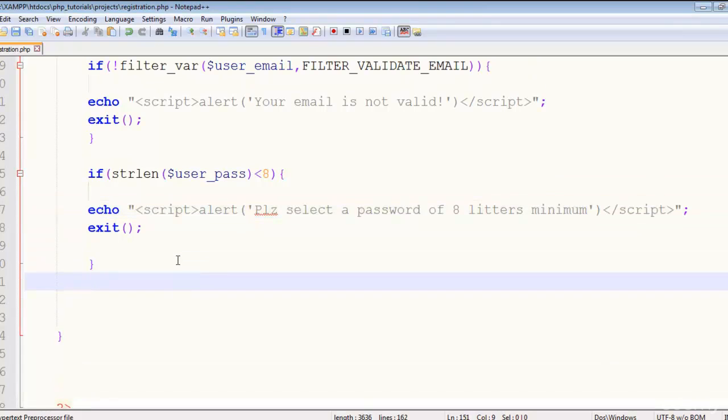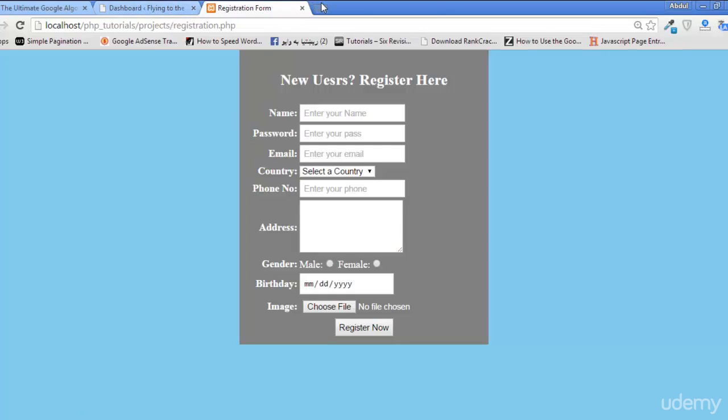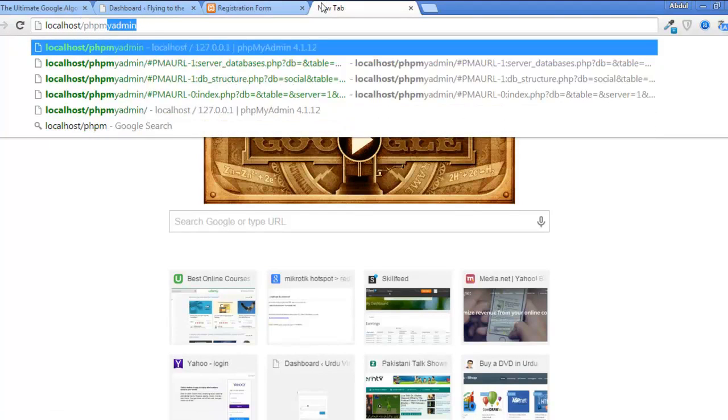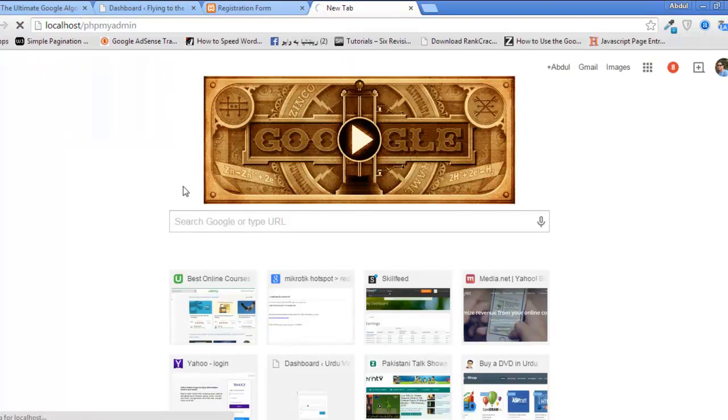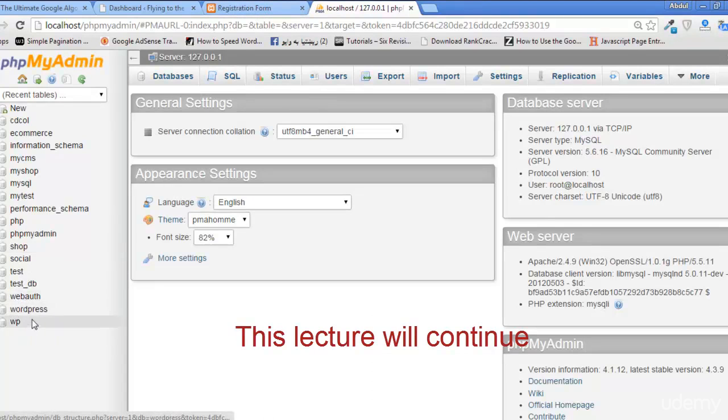Now for checking whether the email exists in our database or not, we have not yet created the database for this form, but we can create that. Just go to phpMyAdmin, and just go to the database, that is PHP